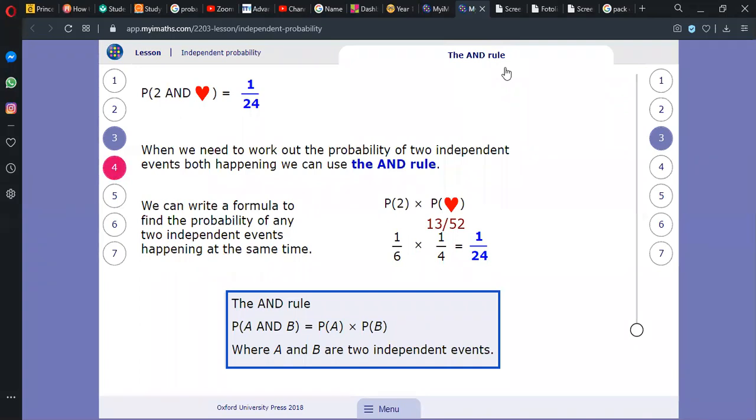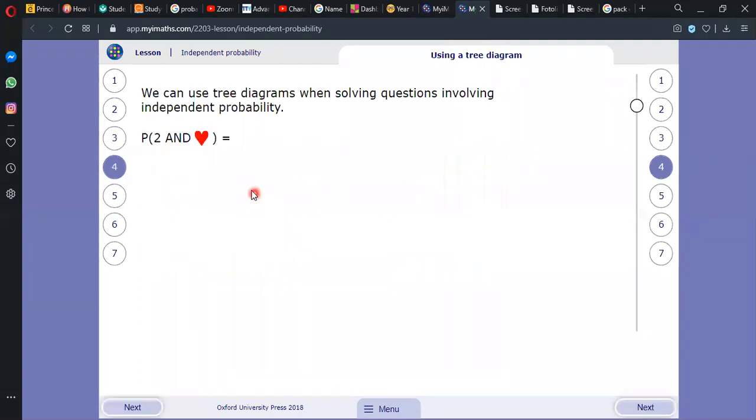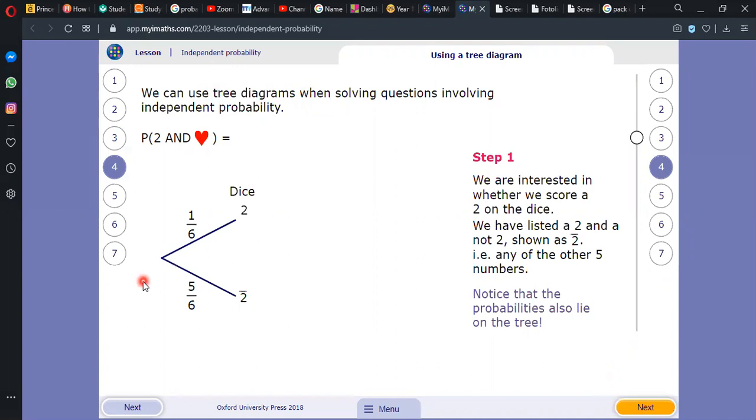Now here, we can use tree diagrams when solving questions involving independent probability. Tree diagram. So we are learning the tree diagram now. Look at the way it goes. We are interested in whether we score a 2 on the dice. We have listed a 2 and not a 2,